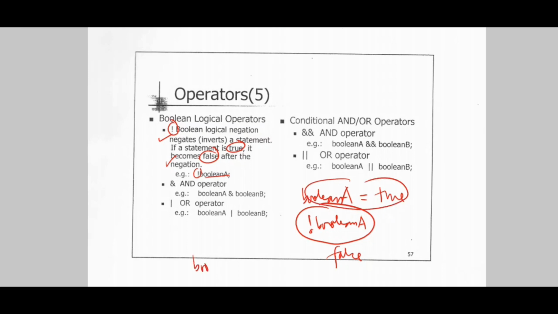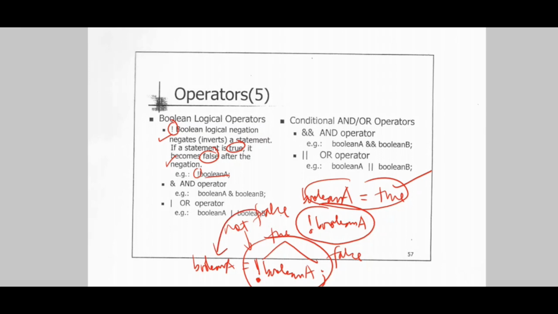When you say Boolean A gets not Boolean A, and Boolean A, for example, is true, and then we put that negation operator, which is equivalent to saying not true, the whole expression becomes false, and that is assigned to the Boolean A variable. So from Boolean A initially true, this becomes false. You change the value of Boolean A by an assignment statement. So again, this one is not the same as this one.